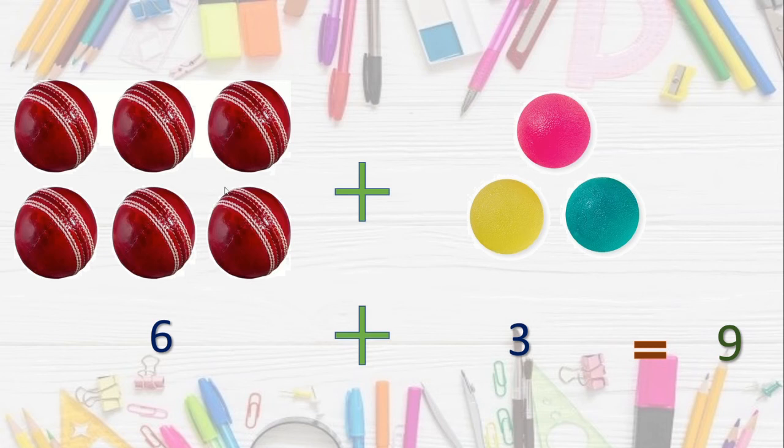Right? Here also you can see here 6 are there plus 7, 8, 9. Together make 9 balls. Isn't it? Means here also we got the same answer. When we change the order of the numbers, then also we got the same answer. Isn't it a funny thing?